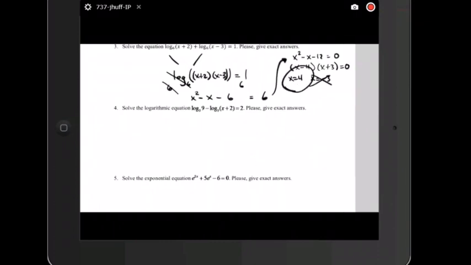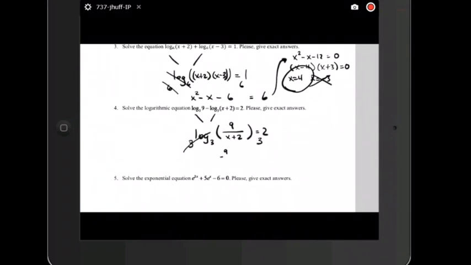Question 4 is very similar. We have multiple logarithms. So the first step is to combine into one single logarithm. Now we have a minus separating the two logarithms. So when we condense two logarithms separated by a minus sign, it's called the quotient property or the quotient rule. So we have to form a quotient, this being the numerator, that being the denominator. And that equals 2. Now that we have one single logarithm, again, we can use a base of 3 to cancel that logarithm,